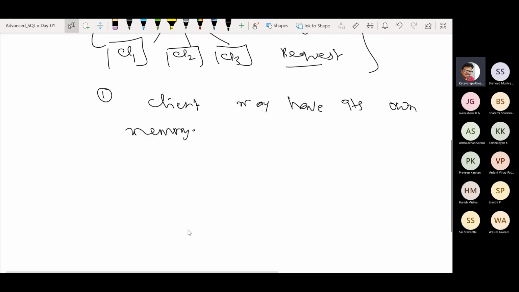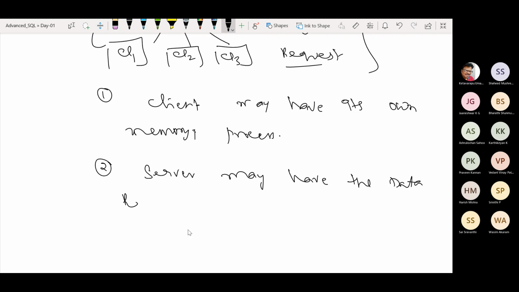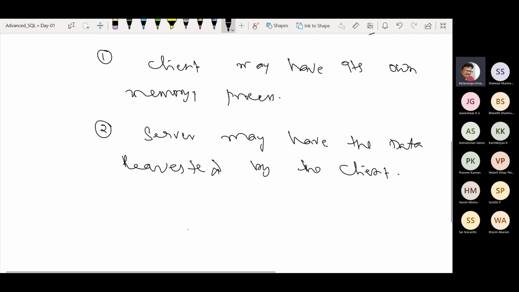OK, and as well as it is having its own process also. It is having some kind of task irrespective of the server. Second thing, the server may have the data requested by the client. Friends, here you observe, it's not sure that definitely the server is having the data. If the server is having the data, then only it is going to serve the client request. So it is based on the request